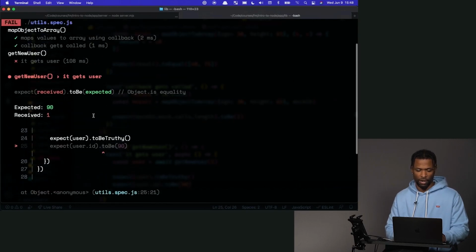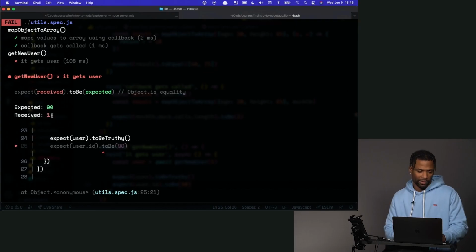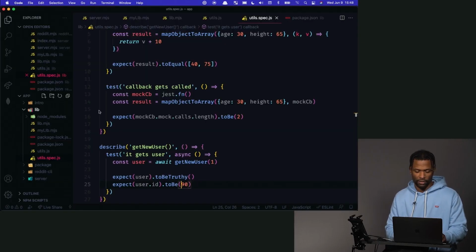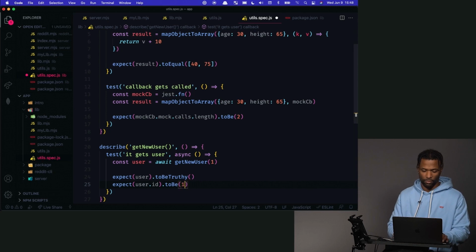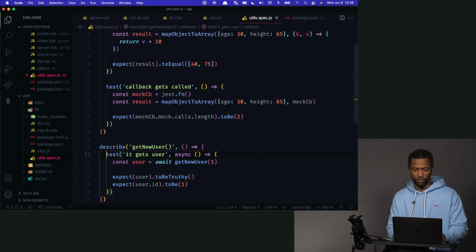Okay, there we go. That's the proper failure. So received 1, expected 90. So obviously my test is wrong, but just to show you that that works with async. But now if I want to test to see if an error was thrown, what I can do is I'm